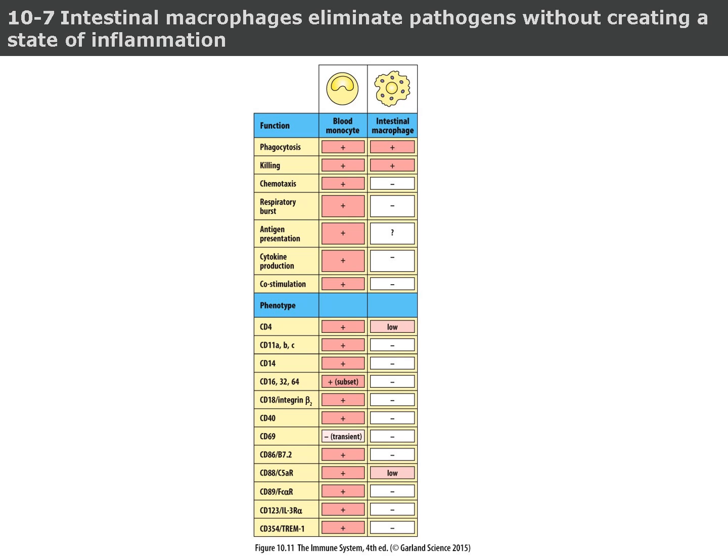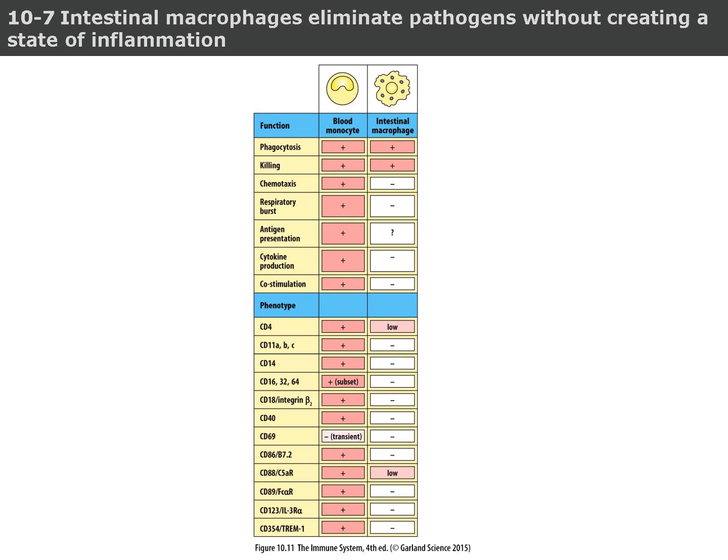Phenotypically, the differences are even more pronounced. Intestinal macrophages lack expression of several surface markers seen on monocytes, such as CD14, CD16, and CD64. While blood monocytes express these markers robustly, intestinal macrophages are marked by a muted or absent expression profile, including low or no expression of co-stimulatory molecules like CD80 and CD86. These findings illustrate how intestinal macrophages are uniquely adapted to preserve tissue homeostasis in the gut. They clear pathogens silently, without causing inflammation, ensuring immune tolerance in a tissue constantly exposed to foreign antigens from food